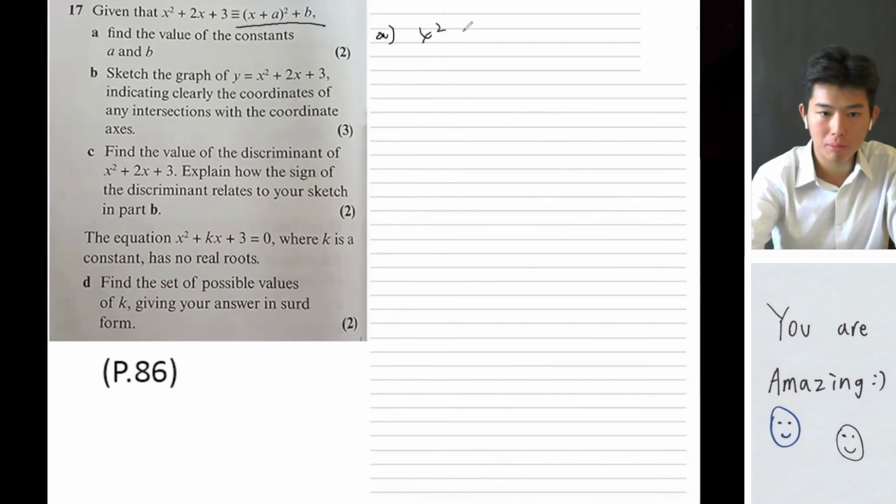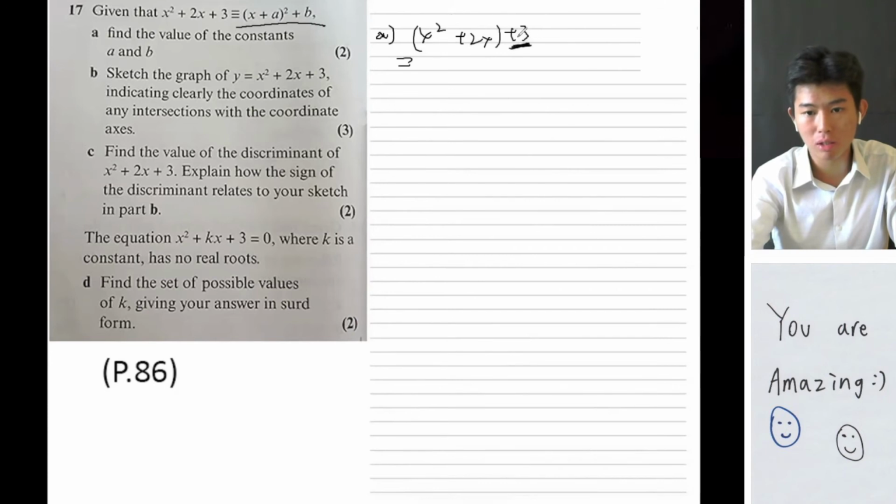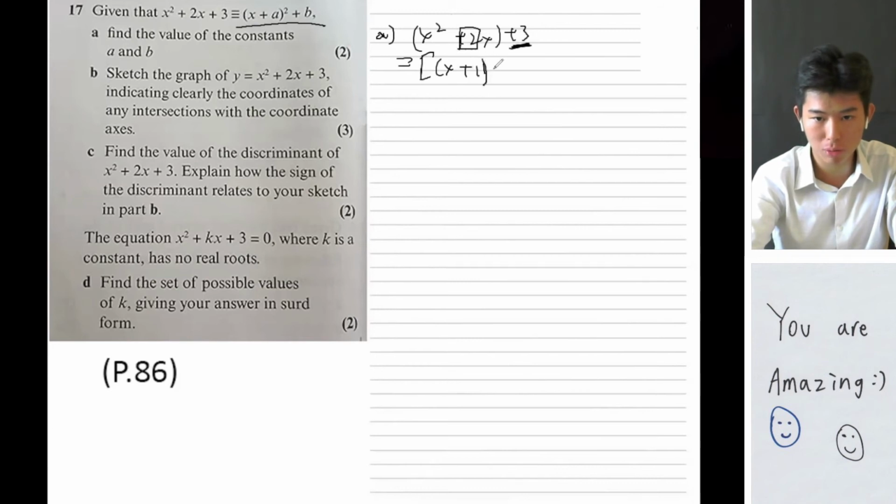So x squared plus 2x plus 3 equals to, I'm gonna separate this 2 and I'm gonna hold this, I'm not gonna touch it, and big brackets, x plus 2, okay, divided by 2 would be 1, so plus 1, okay, close the bracket, square minus 1 square, close the bracket, plus 3,